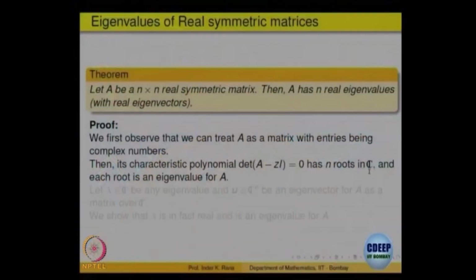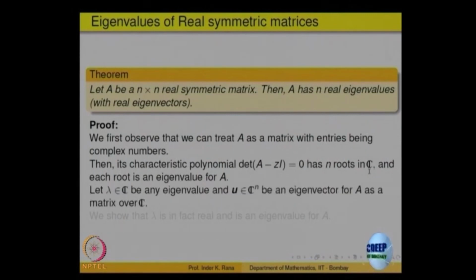That means, if lambda is a root of the characteristic polynomial, then lambda is equal to lambda bar, where lambda bar is the complex conjugate. If we show that, then we are through. So, let us assume the characteristic polynomial will have n roots in complex numbers. Let us take any lambda in C to be an eigenvalue, and a vector u,